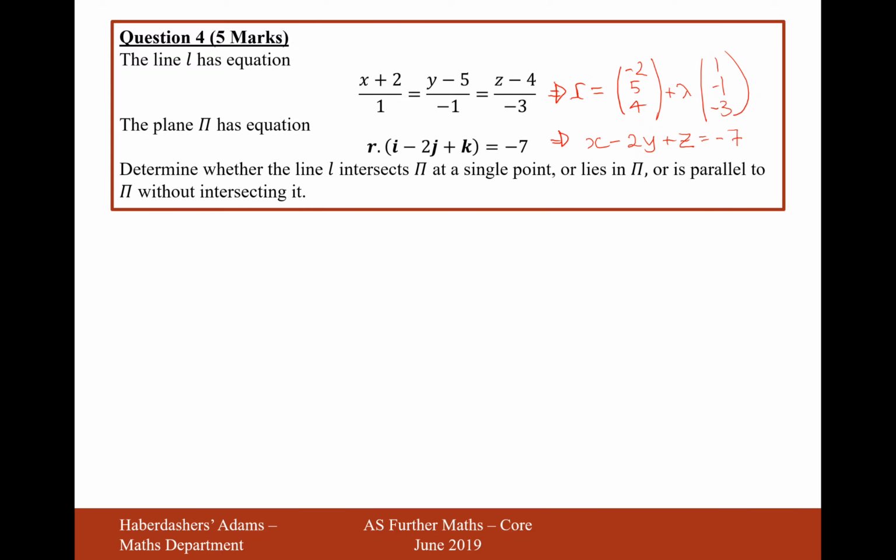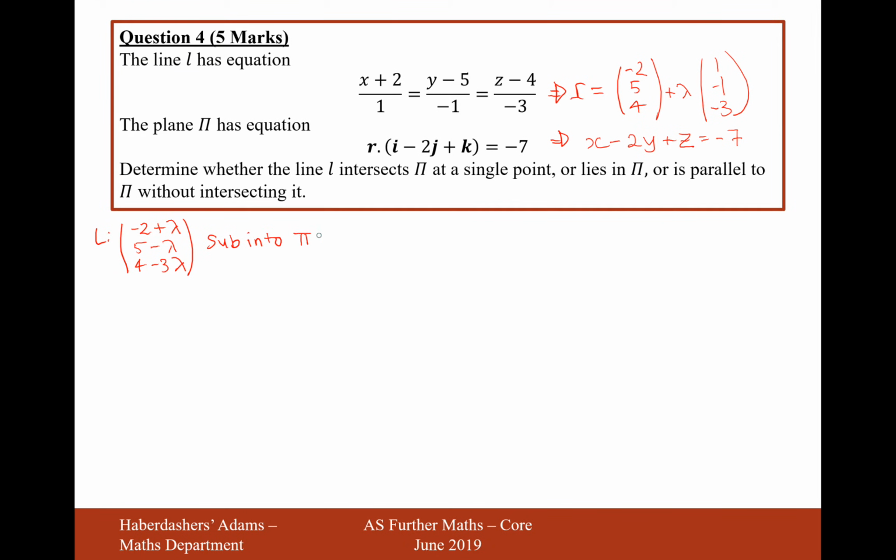I think what I'll do first is try and find the intersection point. So if I try and find the intersection point, the line has this equation here, minus 2 plus lambda, 5 minus lambda, and 4 minus 3 lambda. What I've done there is I've just taken the equation for line L and put it into one single vector. And now I'm going to sub this into